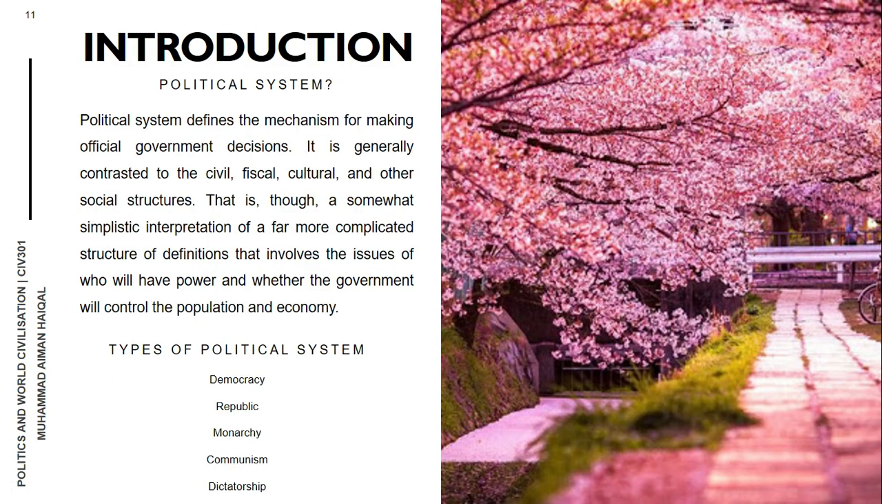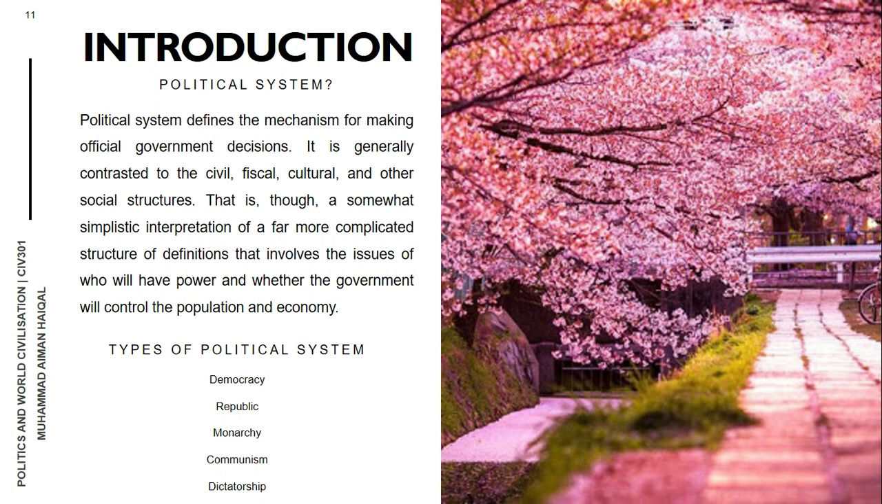Okay, first, introduction. What is a political system? A political system is the mechanism for taking official government decisions. It is generally in contrast to the civil, culture, and other structures of society. That is, however, a somewhat simplistic